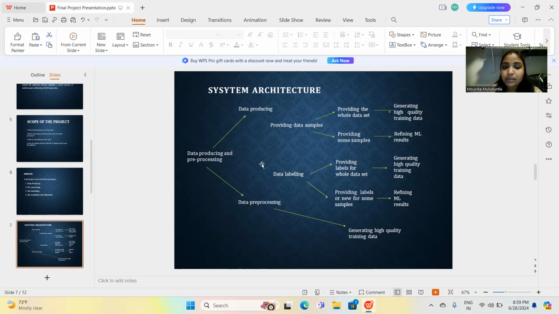This is a combination of both model training and model validation. After the data is pre-processed and labeled, the machine learning model is trained. Human experts guide this process by selecting more appropriate algorithms that can improve our model performance.